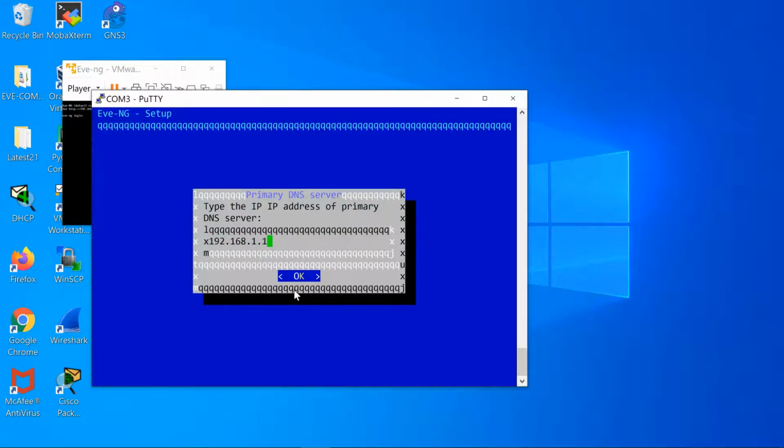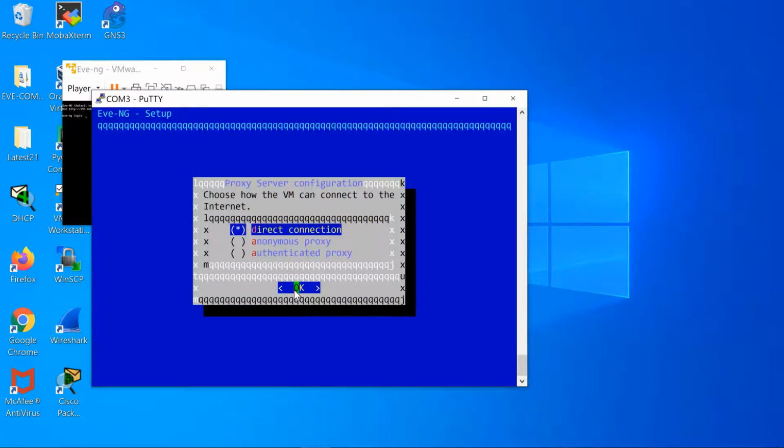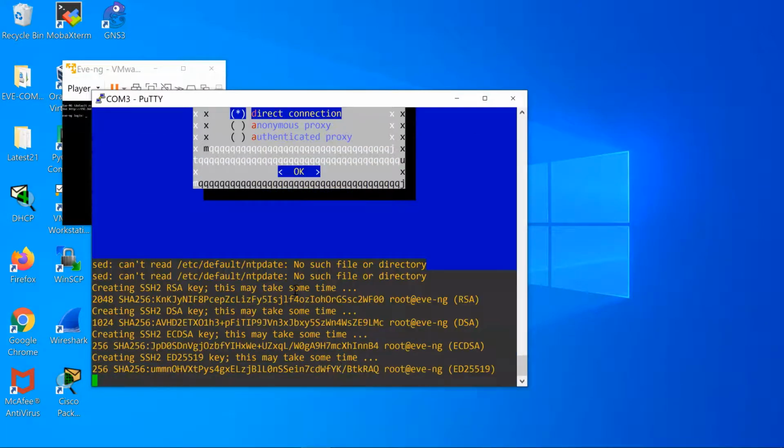I'll use the same IP address, and secondary DNS server, I'll use Google DNS server 8.8.8.8, and NTP IP address I'll leave empty because it's not used. And proxy server configuration, I'll use direct connection. Click OK.